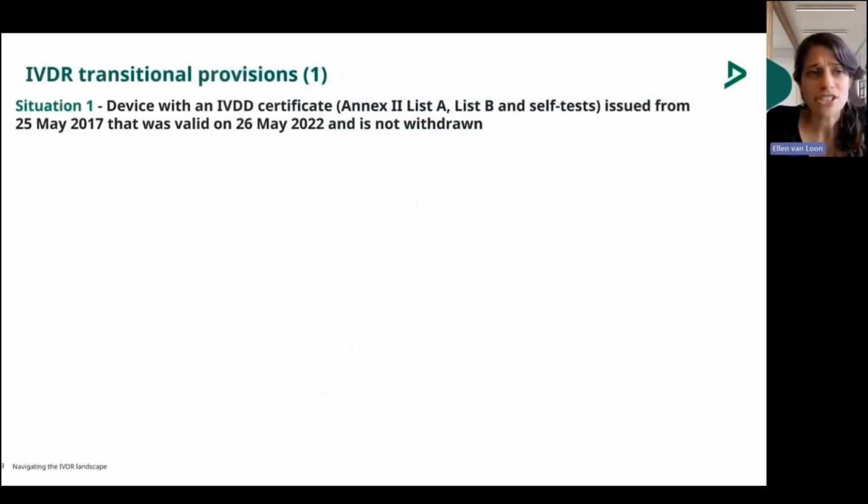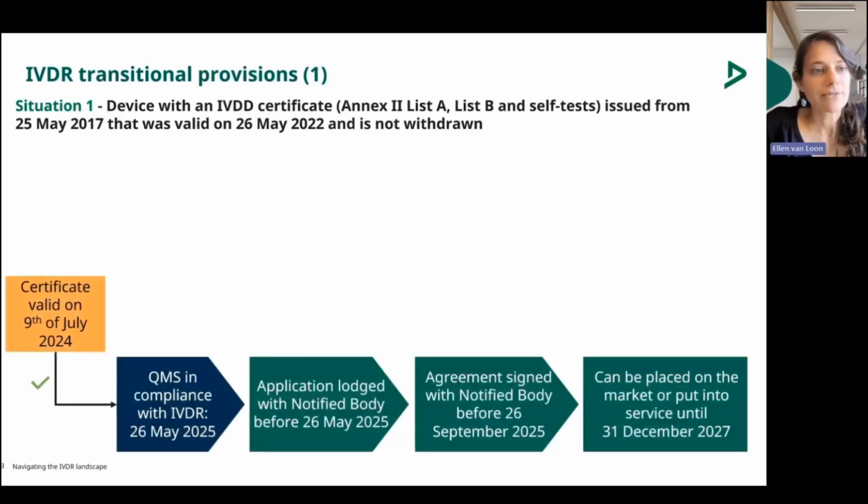So we have two situations, and I'll start with situation 1. This is for devices with an IVDD certificate, so Annex 2, List A, List B, and self-test, that were issued from 25th of May 2017, and that was still valid on 26th of May 2022, and it should not be withdrawn. So if your certificate was still valid on the 9th of July this year, so the date of publication of the amendment,